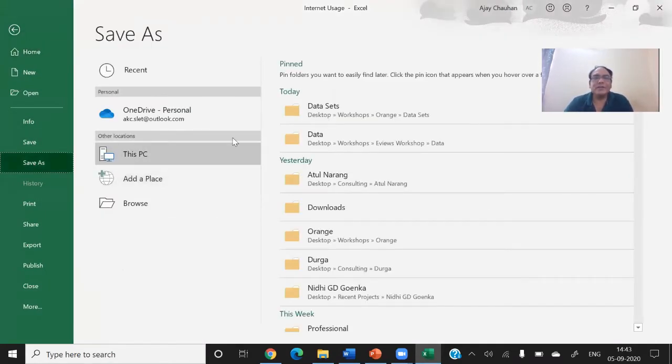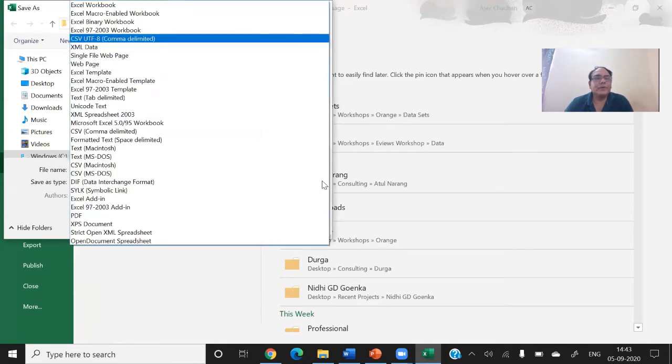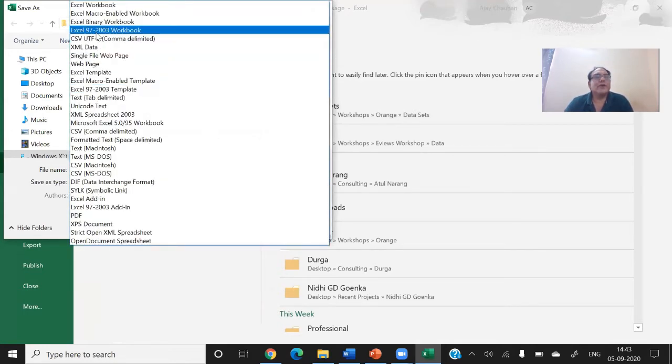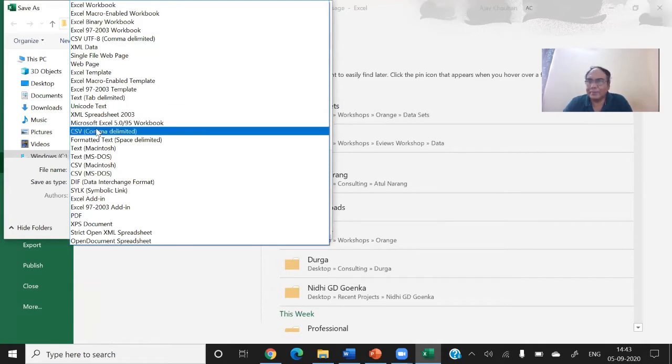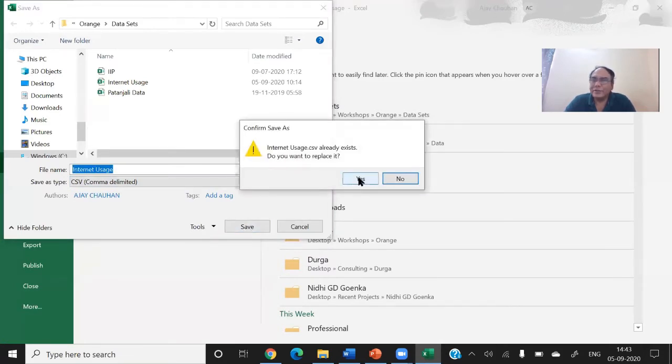And now the software will ask you where you want to save. Suppose I want to save here. Now there are different options that the software is allowing me. For example, I want to use this file as a comma delimited file. So there is an option in front of you, this file is a CSV file, and if you click on the CSV file and just click on Save, the file will be saved in .csv format.